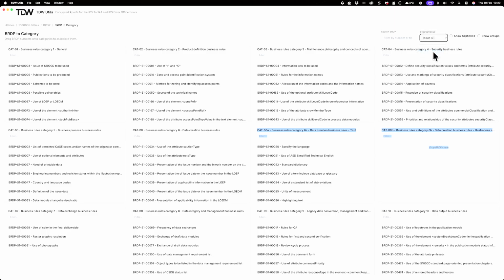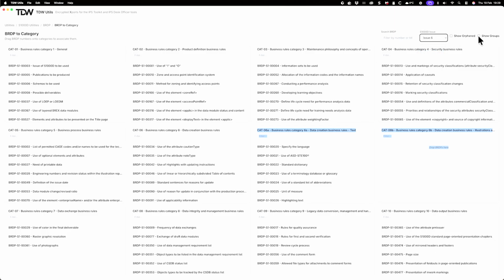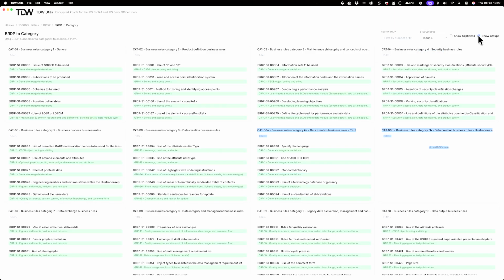But if I go into something like issue 6, for example, you can see I can overlay the groups as well that are available to us, and that affords me the ability to add some functionality inside the IPS Toolkit, and that is I can give you a package, and that package is encrypted, and only the IPS Toolkit can read it, which means if a new change or a new version of the specifications